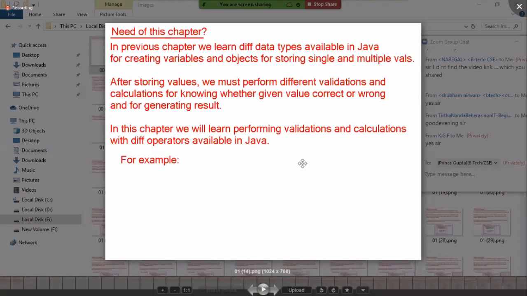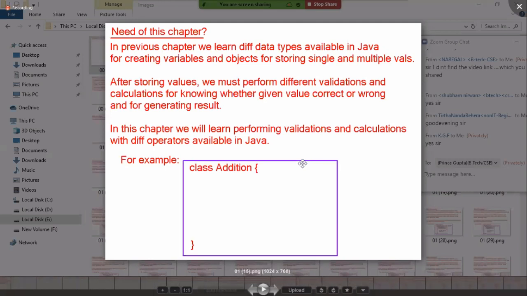Now let me take one example, a small one. Addition example. I don't like to take big examples. If you take big examples, you will be deviated from the subject and the concept will not come into your mind. Once the concept comes into your mind, I can go for big examples. My behavior is always to take examples which you know, and from there I will take you to the unknown points. So I am taking addition, which is easy for you to understand.